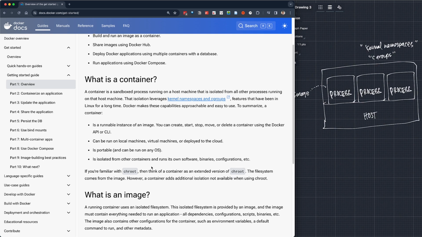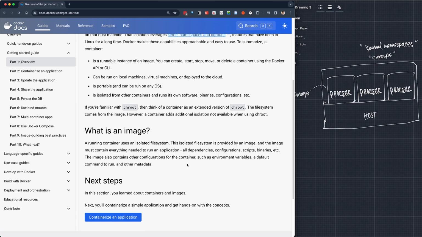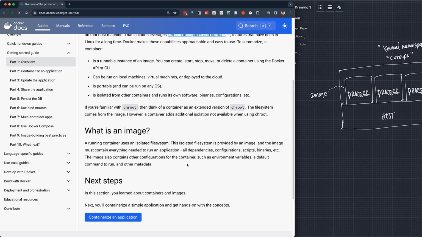Great. So what is an image? A running container uses an isolated file system. This isolated file system is provided by an image, and the image must contain everything needed to run an application. All dependencies, configurations, scripts, binaries, etc. Okay, so this image is like a big old blueprint,